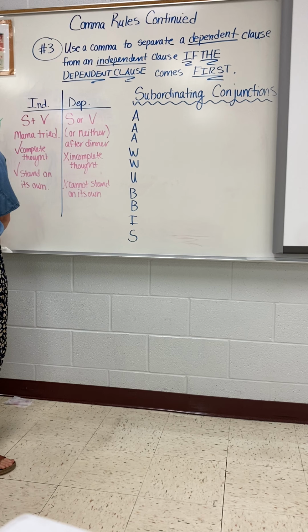So today we are going to continue our study of the 8 comma rules. You have already gone over comma rules 1 and 2, so just as a quick recap, comma rule 1, we are looking at items in a series and separating those items out with commas. We also talked about that Oxford comma, right? And then our second comma rule is using a comma and a coordinating conjunction, or a fanboy, to separate 2